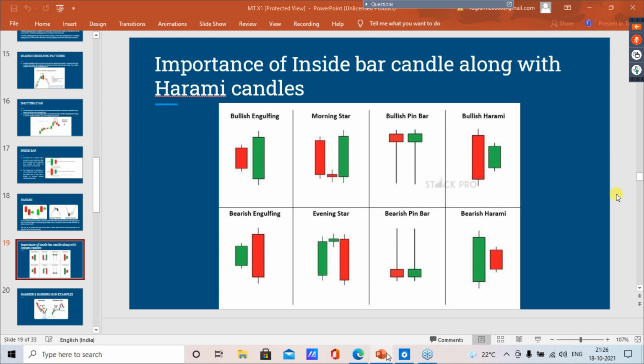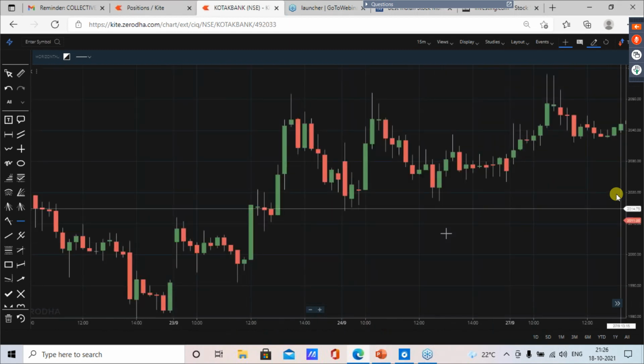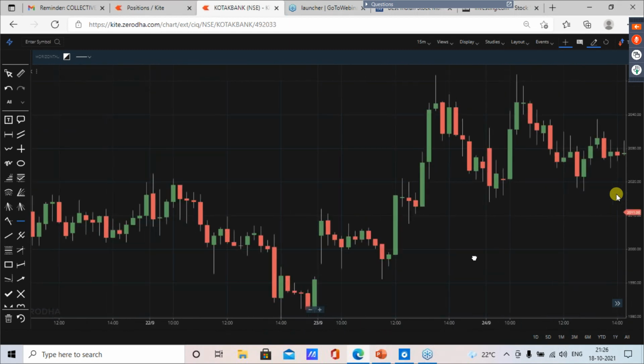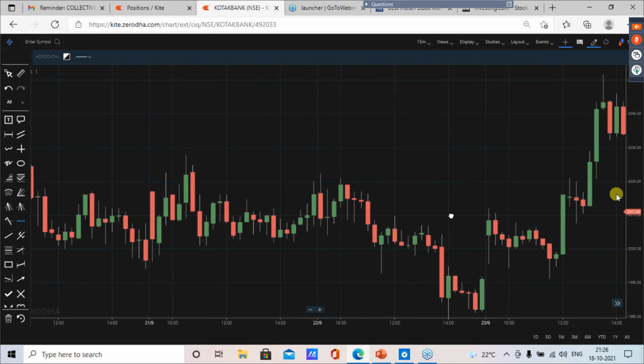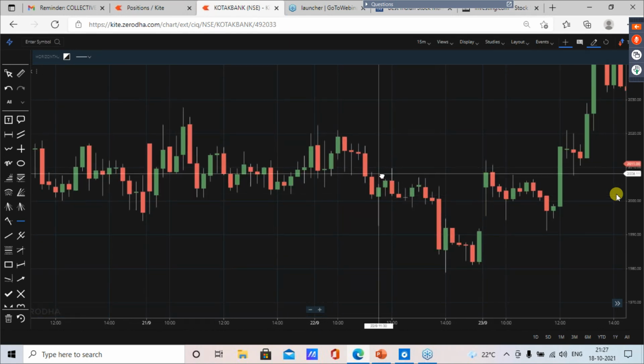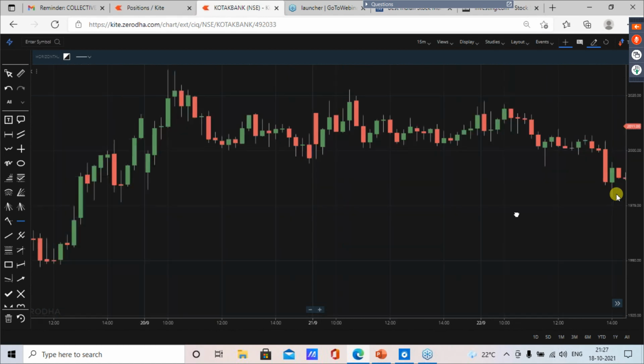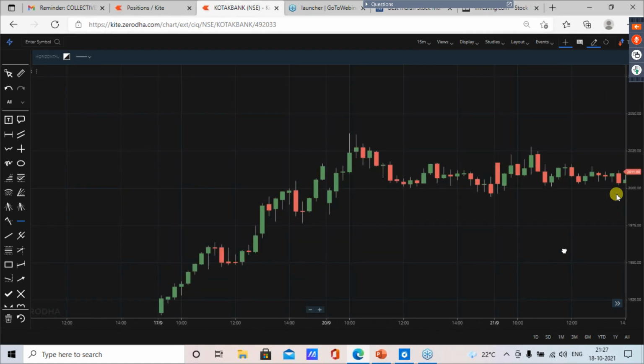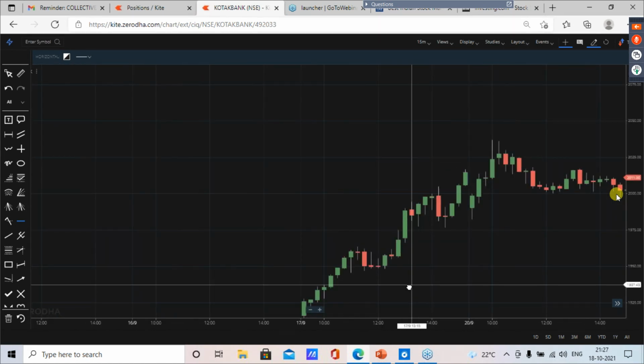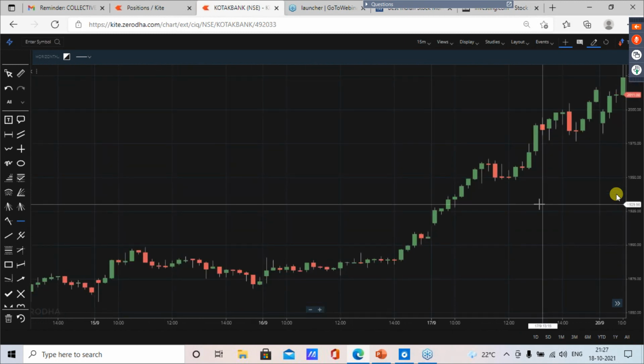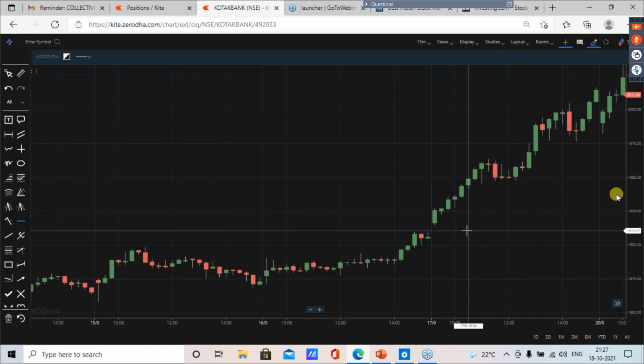Prior trend should matter because I'm not getting those classic textbook examples. Once I share the screener with you guys, you will be able to find more examples. So I'm giving you candlestick pattern screeners to find more examples. I want you guys to do homework based on those scanners and update in the group so that each person posts at least one classic textbook example of each candlestick pattern. It will be a very good revision for you.